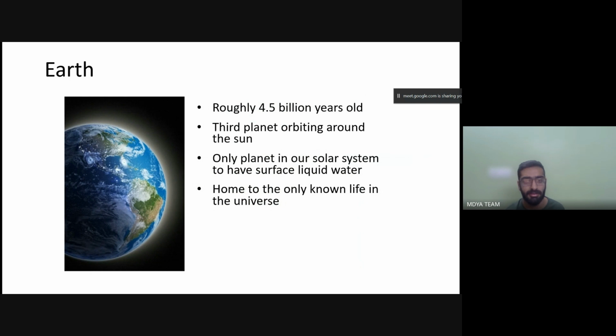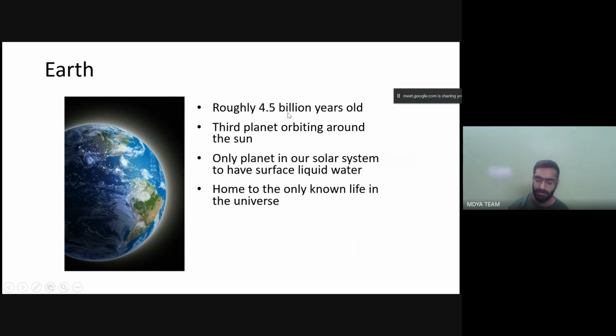is called the Earth. So it is the only planet in the solar system that is known to consist of liquid water. Okay, so water could be consisting in many other forms, in the ice, other forms, but the liquid water on the surface, the liquid water which can be consumed by the human being so as to be able to sustain the life is only on the Earth, and it is the only planet which is known to gather the life, sustain the life in the universe. Okay.